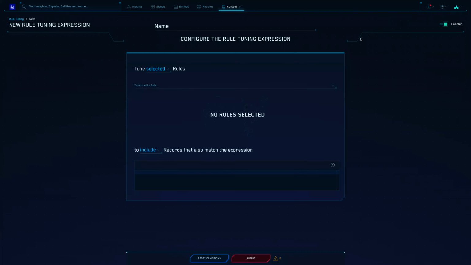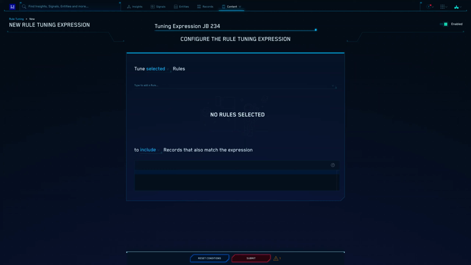When we're creating these, as it says in the lab, for the name, use your initials and the number you're using. So for example, here we're going to create a tuning expression. I'm going to call it JV234. And now we're essentially going to fill in the blanks here using the lab.